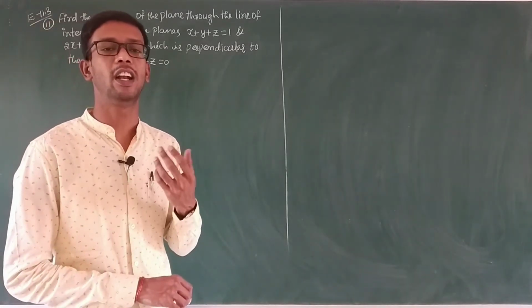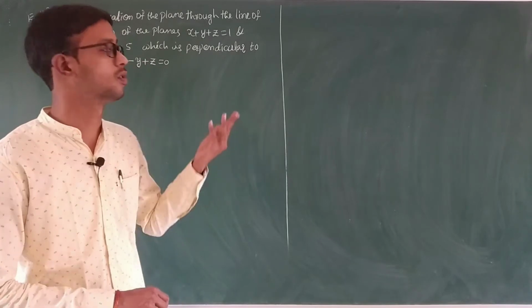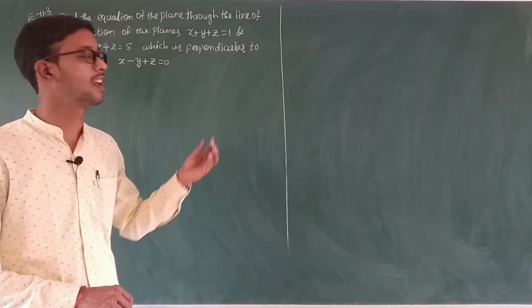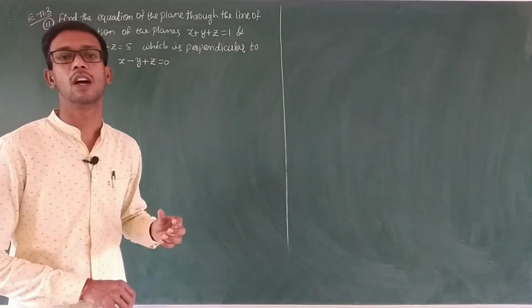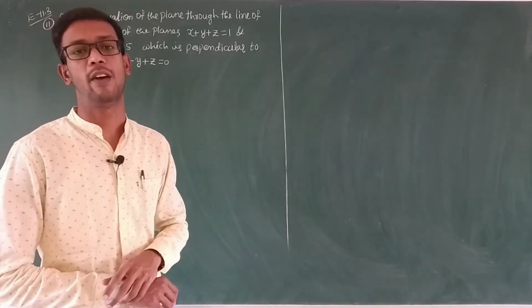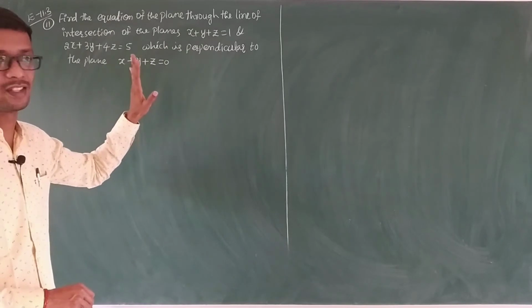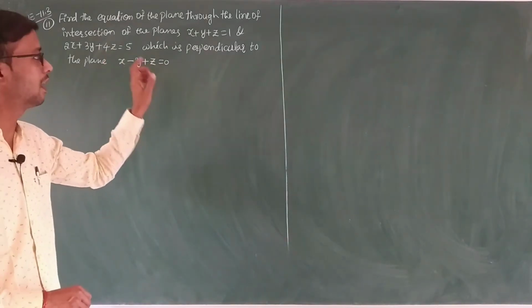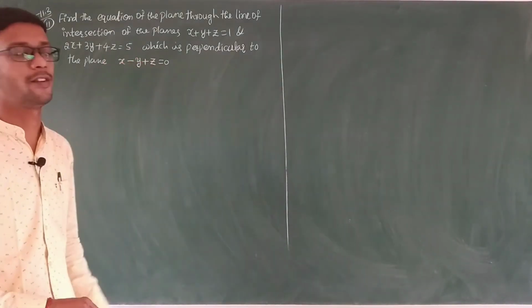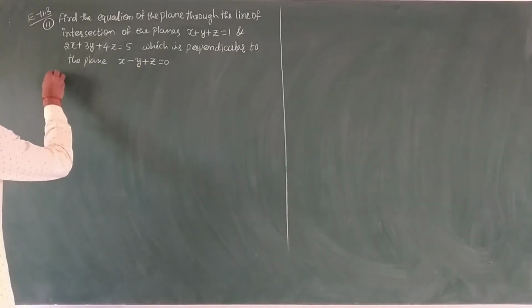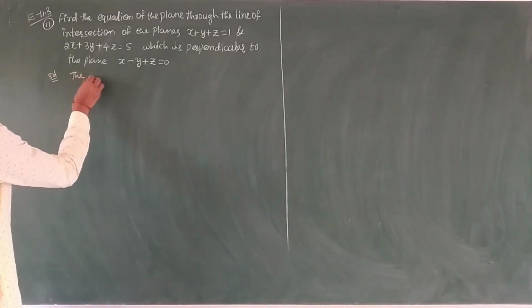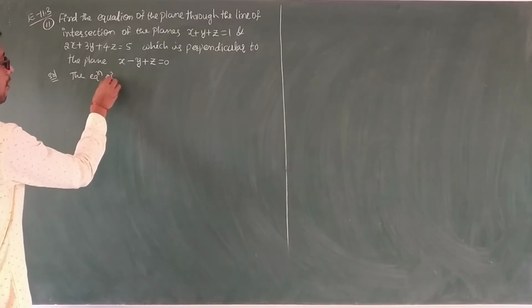The lambda value is found in a different way because there is no point. That condition is used for finding lambda. It is a similar problem, like the 10th problem, but only the lambda finding is different. You observe it. Solution: the equation of the plane